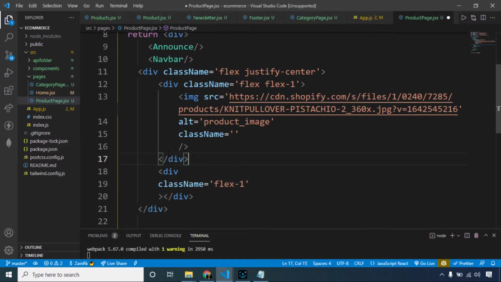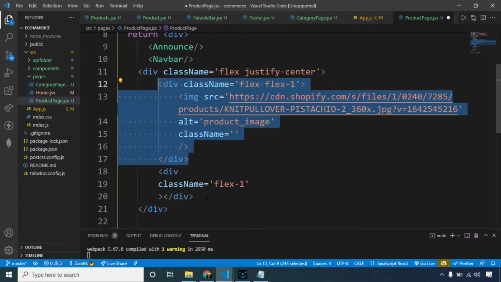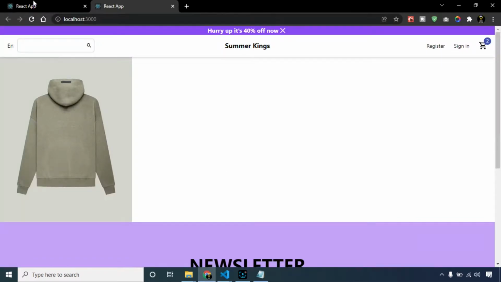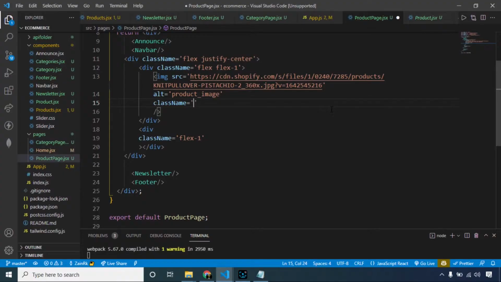So these both containers will occupy the same space like this. For the styling of our image, I am making its width 80%, height 80%. Let's see, is this enough?